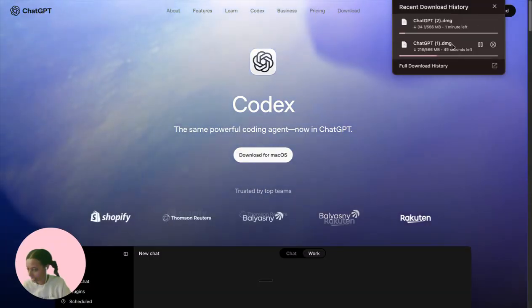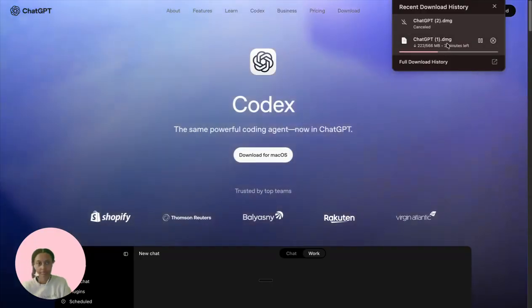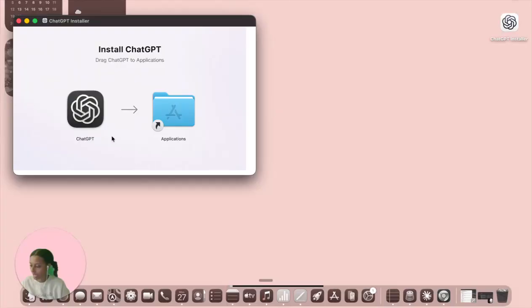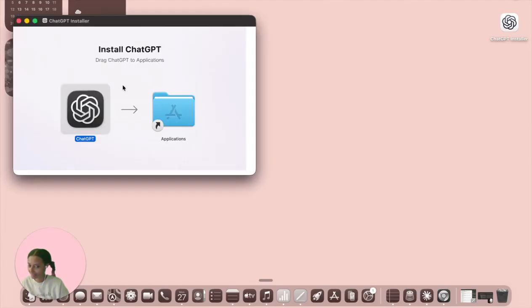And as we can see here, it is going ahead and downloading. Okay, so we are going to go ahead and drag ChatGPT over to the applications folder. And just like that, we have ChatGPT